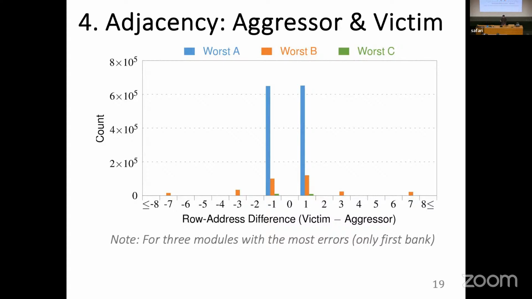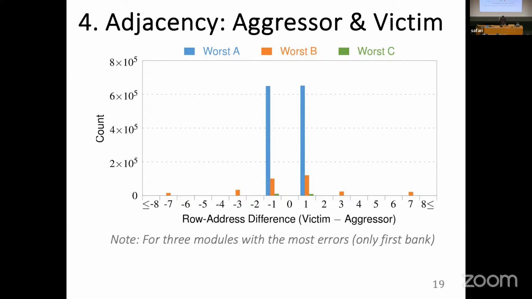But the end result is that the logical row address does not necessarily have a sequential or trivial mapping to the physical row locations inside DRAM. So if your logically adjacent rows are not actually physically adjacent, or vice versa, the physically adjacent rows are not always logically adjacent as it appears to your memory controller, your processor, your system, then